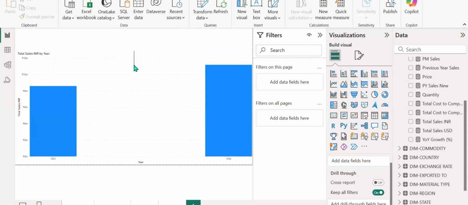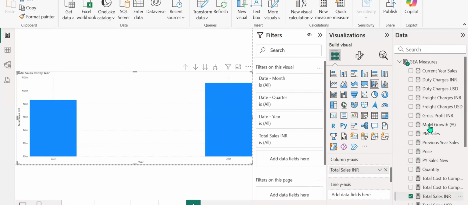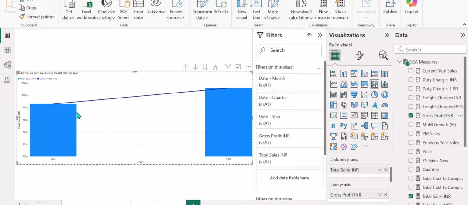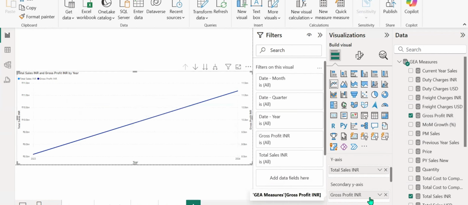In the line y-axis, I can add the gross profit INR, so that I can get the line over the bars. Okay, what is column y-axis? This is the bar. We get the bar. But if I make this into a line chart, we will only be able to see the line. No bars at all. We can only see the data in the